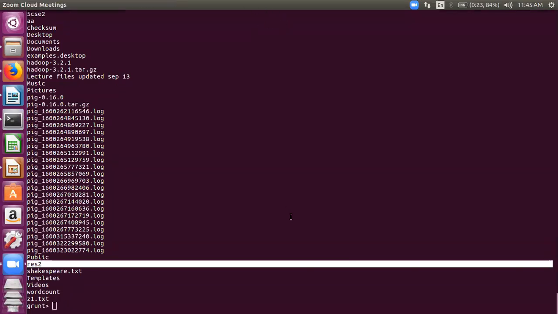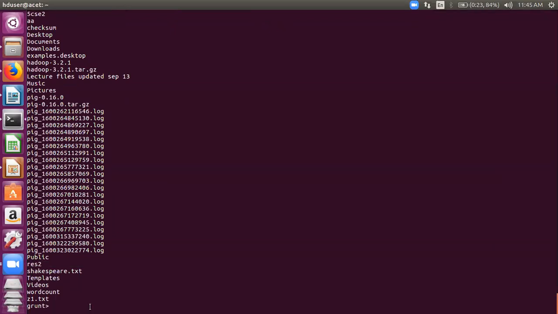raise your hands, help me to remove res2 from my local file system, yes. पिछले कमांड सारे भूल गए, Linux और HDFS, what is the fun in learning Pig अगर पिछला भूल जाना है तो. Yes, go ahead, please answer how to remove this directory res2. Nobody is willing to answer, that's not good, okay.